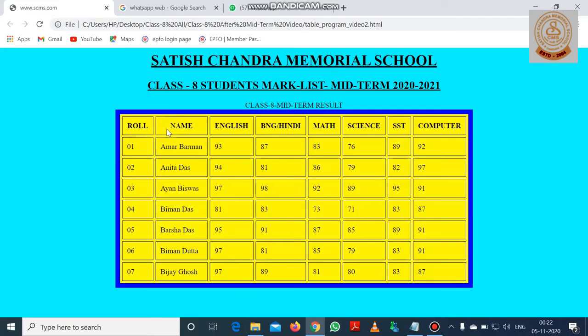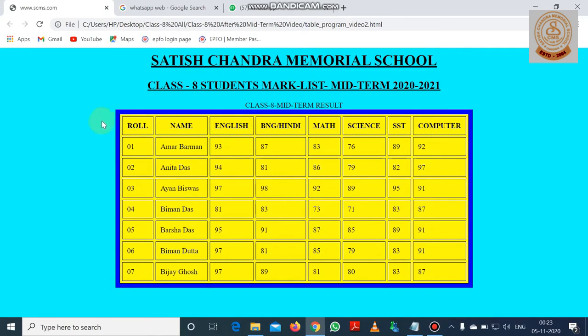This distance is made by cell padding, and the distance between each and every cell is called cell spacing, that we have also used inside the table tag, because cell spacing and cell padding both are attributes of the table tag, and the table is placed at the center of the web page because of the align attribute we have used within the table tag.